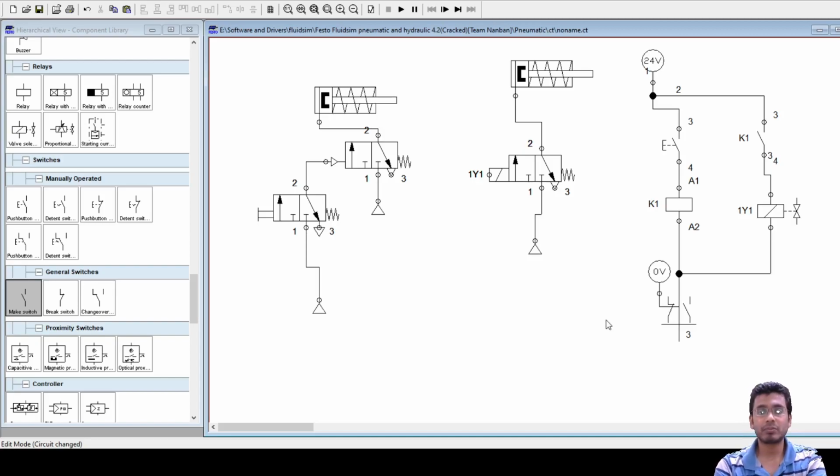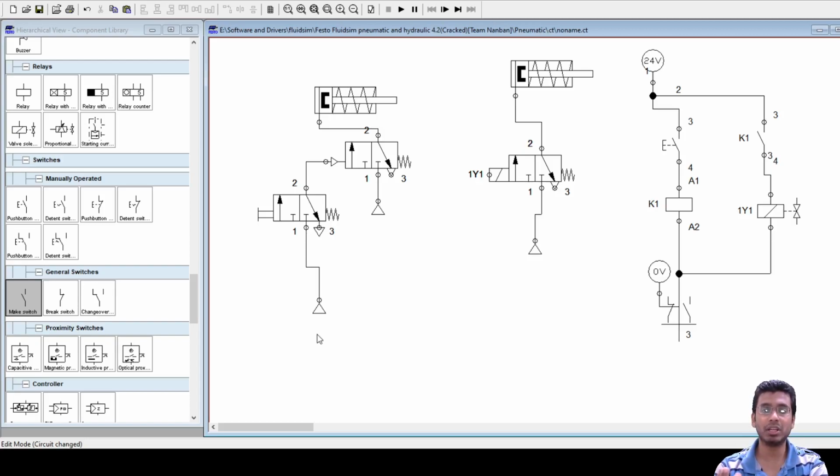Now the second and the third problems are the same. Since we will try to practice more of these electro-pneumatic circuits, I request you all to make a completely reciprocating circuit, which I also showed you yesterday. We'll implement a reciprocating circuit in two ways.